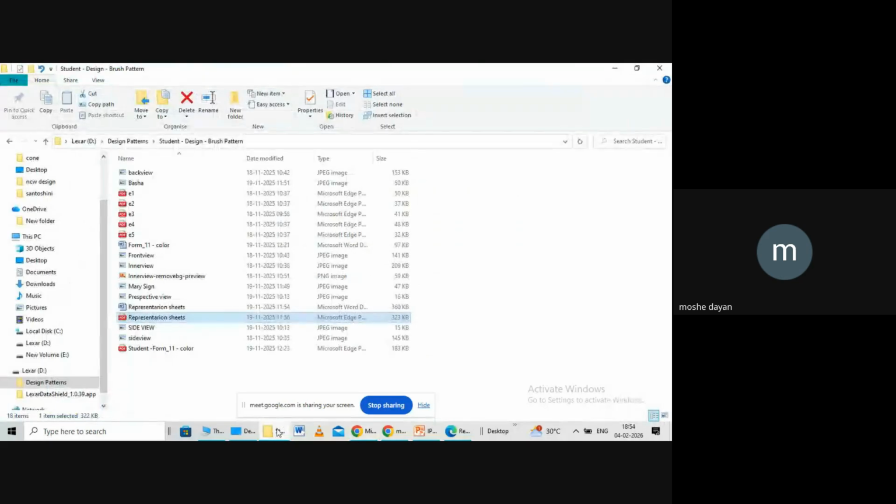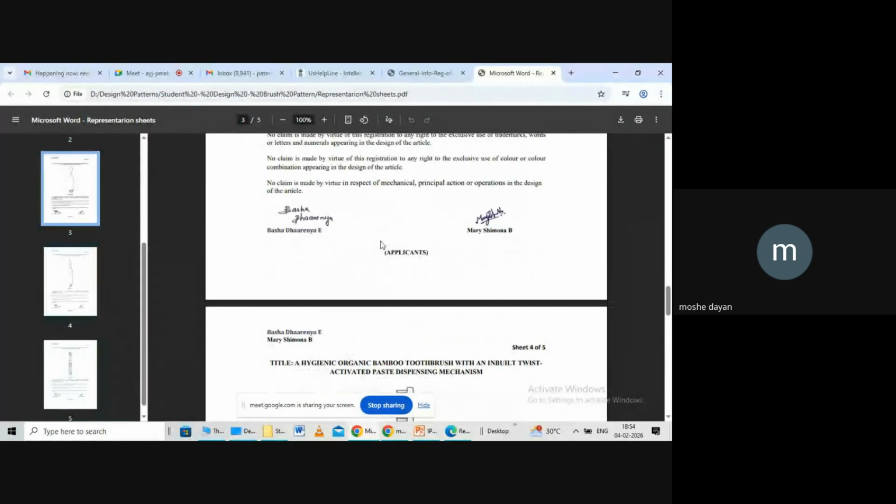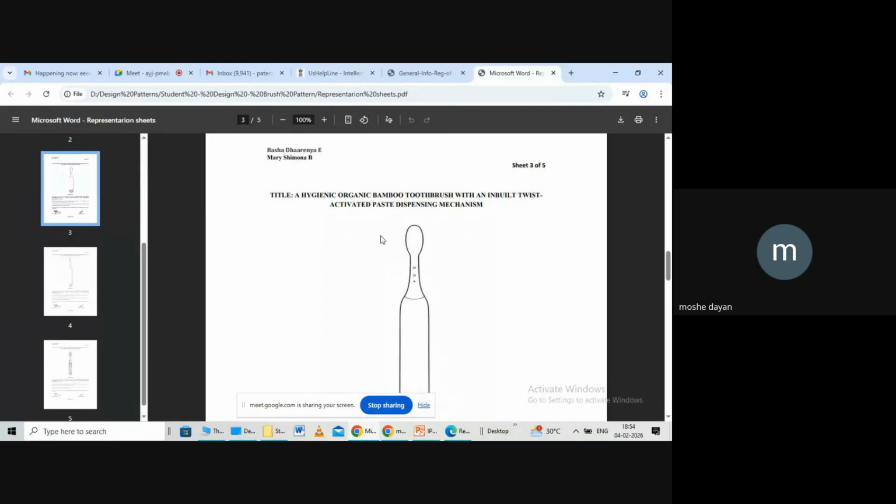Okay, now once you're ready with the diagrams, there are some essential things I'm going to share with you, based on the hearings we attended recently. The controllers are asking for real photographs. I will tell you the reason why. Many of us are just filing with diagrams from AIs. Simply ask ChatGPT or DeepSeek or any kind of AI tool, you just say something orally, and it will give you a diagram. If you ask for all the views, it will give them in a wink. So controllers are now feeling very skeptical about it.